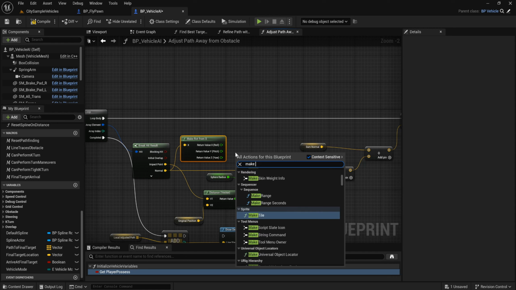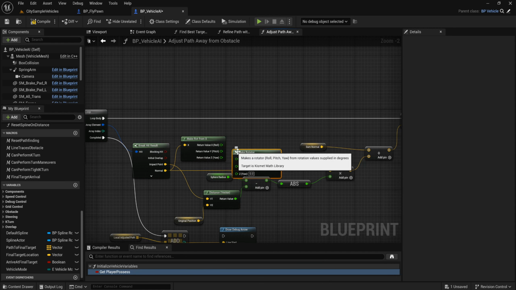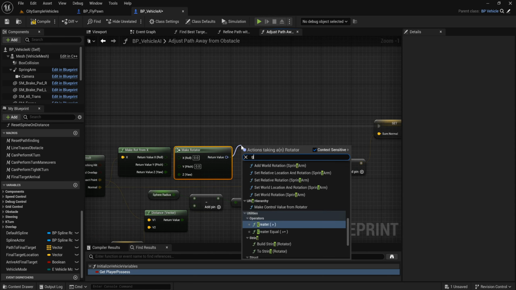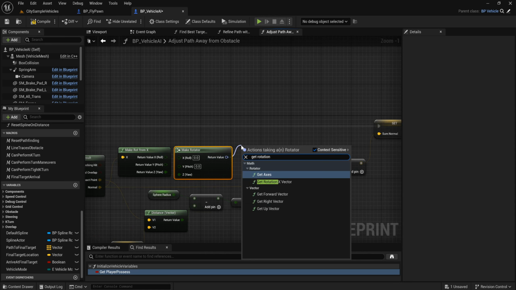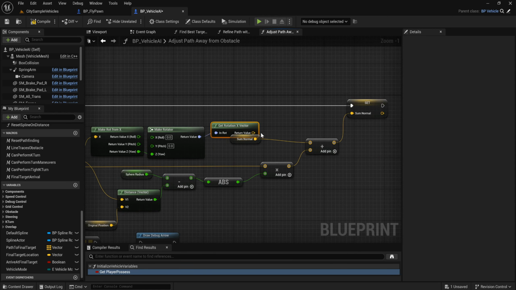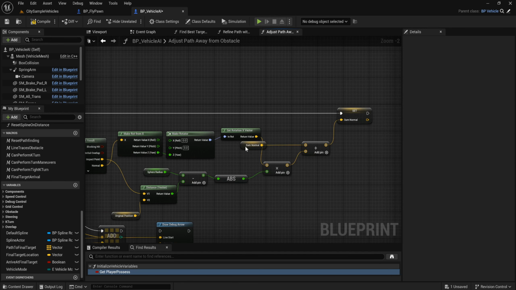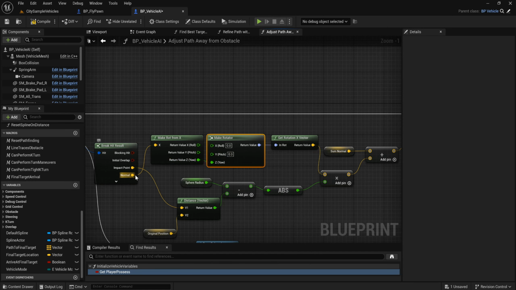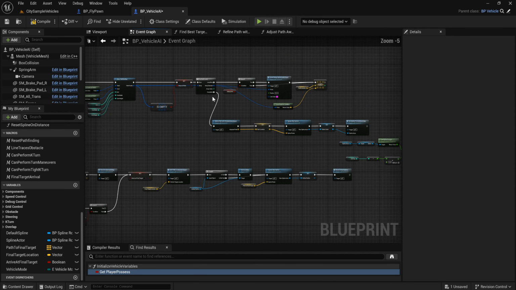Then make rotator. Then yaw to yaw. Get rotation X vector and connect to this vector. Because we don't want this normal vector to have roll or pitch rotation, we need only the yaw. To event graph